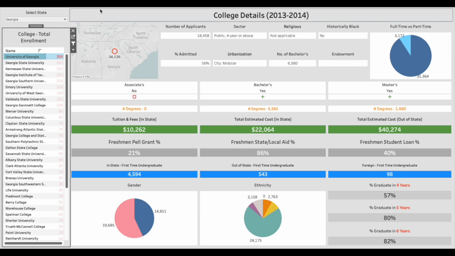In 2013, they received 18,458 applications and accepted 56% of them. In this year, tuition and fees were $10,262, with a total estimated in-state cost of $22,064 and a total estimated out-of-state cost of $40,274. 21% of freshmen receive Pell Grants, 86% of freshmen receive some form of state or local aid, and about